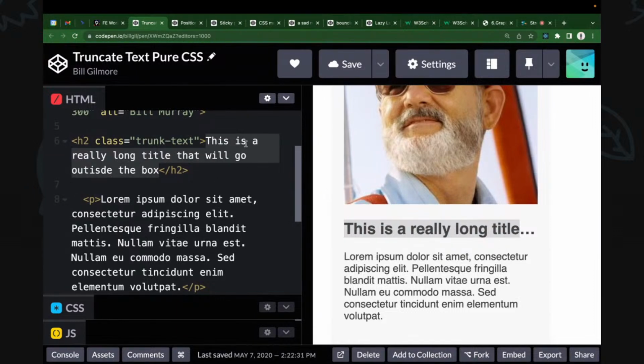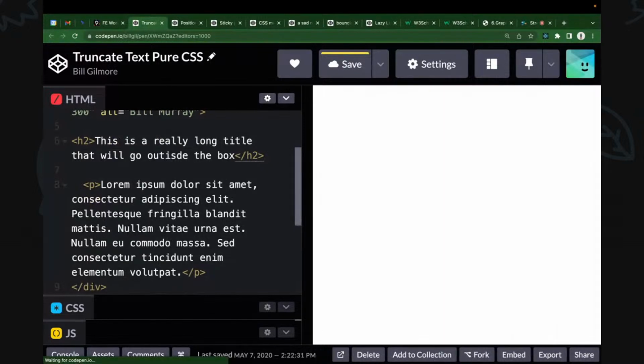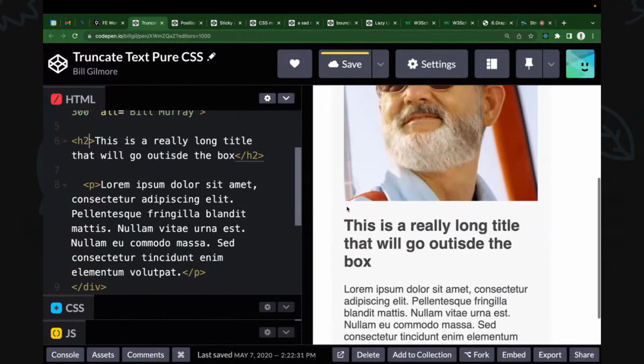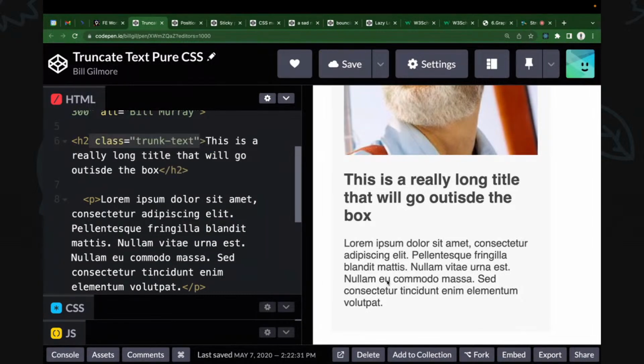So rather than, let's take it away. Rather than seeing this, hello. Okay, there it is. It's actually pushed it down. That's not too bad in this case, but let's imagine there's 5 of these in a row, and one title's this size, one title's this size, one title's this size, one title's this size. It makes all the boxes look weird on the page when they sit in a row. But if we force it into one,